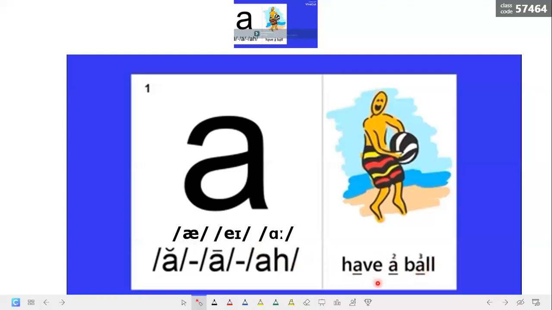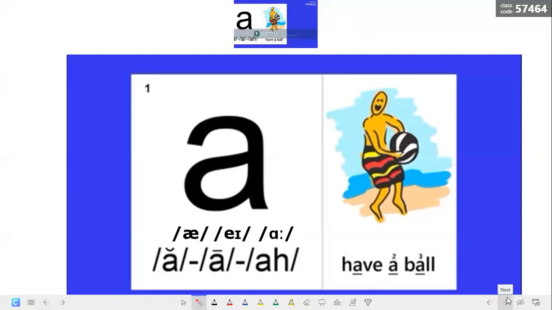So we can read the sentence in order to make our learners aware of the three different ways of pronouncing the same sound. So we say, have a ball. Okay, I want you to listen to a native speaker